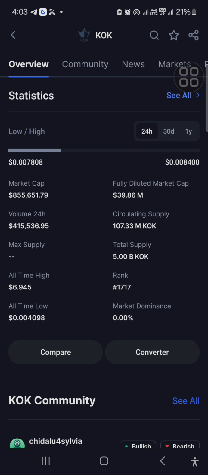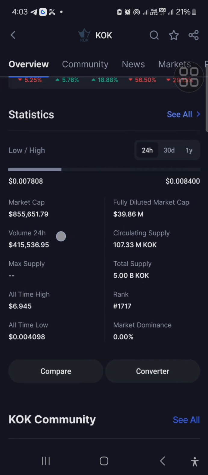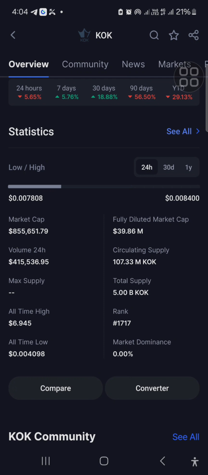Another thing you should look out for is the volume. It is always showing volume 24 hours. It means in the last 24 hours, $415,536 has been traded. It means people are buying and selling the coin. People are trading it, right? If you see a coin that shows this, it means people are interested in it. People are actually trading it with their money, buying and selling the coin. So it shows you that yes, something is happening. People still believe in the coin. It shows you the interest of the people, how much people are buying and selling the coin in the last